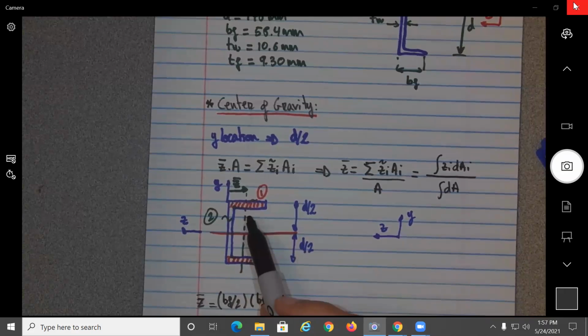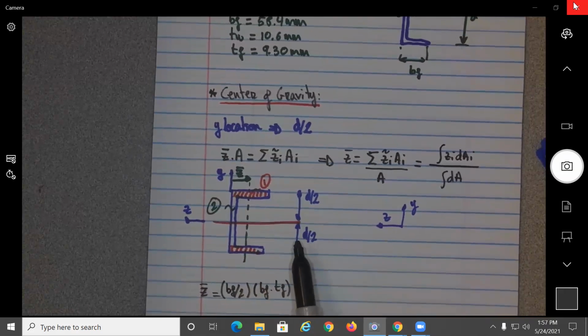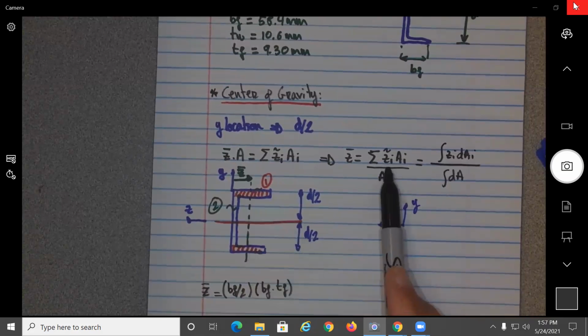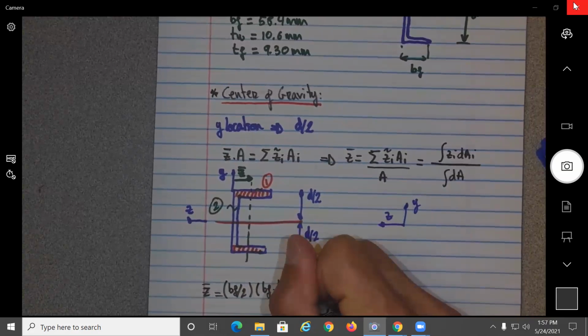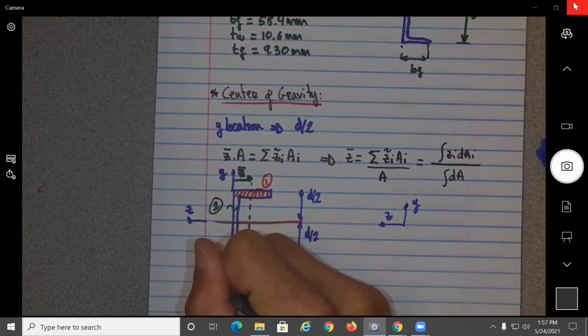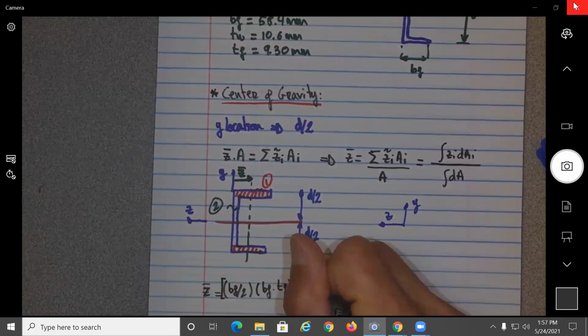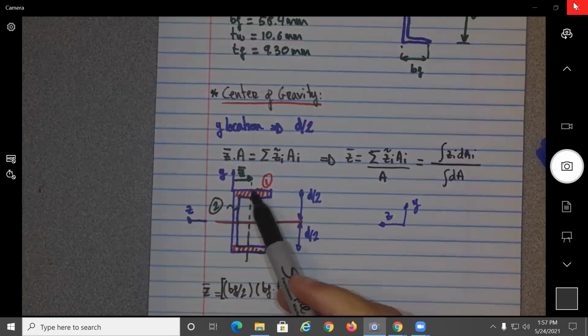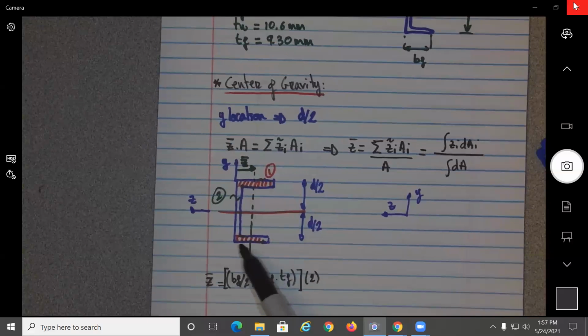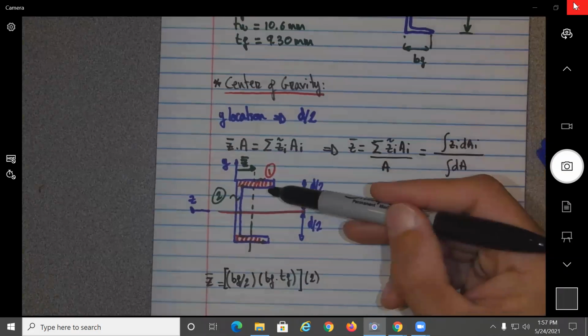Okay, so this will be this one here. And what will you have? These 2 flanges, one on top, one at the bottom. We have the same Z, no? So I can multiply this one by 2. I'm doing this one and this one. Now,